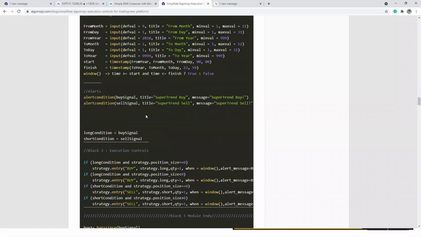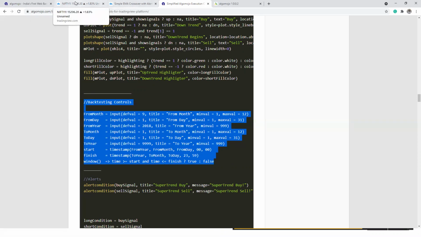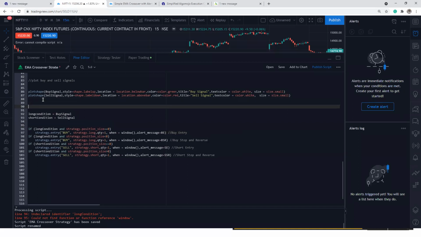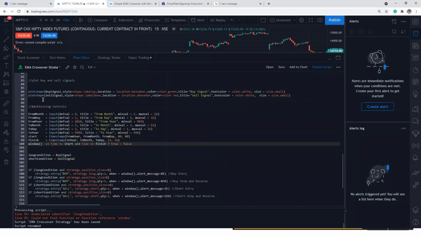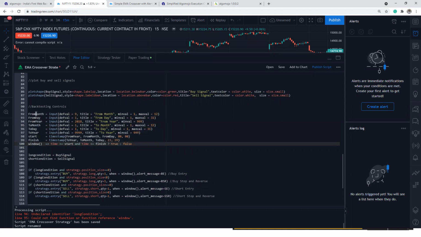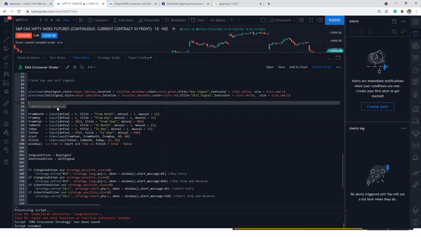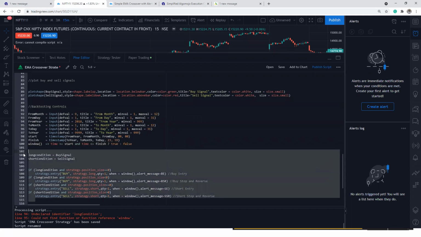So basically, connection lost. Here is the backtesting controls. So this is also, I have to add it to the module 3. This I missed it. Here I'll add it over here. This is also a very important one. This will do the backtesting only from the from and to dates period only. So you have the control to backtest from, let's say, January 1 to December. Only those periods you want to backtest. You can control those backtest results using these kinds of controls. This is also an additional backtesting control. One can add it anywhere above the long short condition.